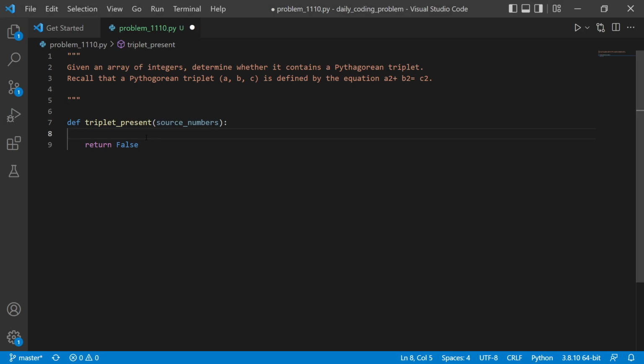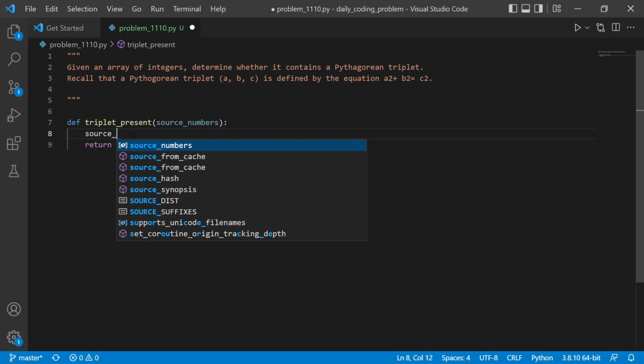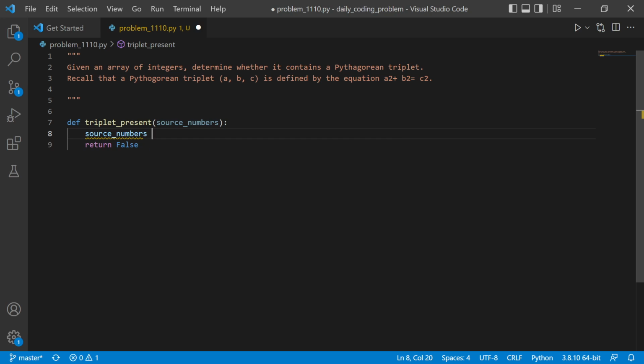So if we were to do that, step 1 is source numbers is equal to I star I for I in source numbers. We can actually update the same array over here, that way we will not occupy more space, right? So we could do that, and then we can have,